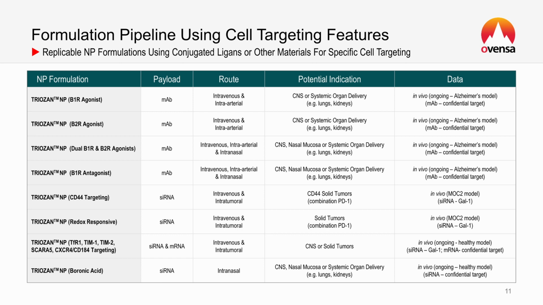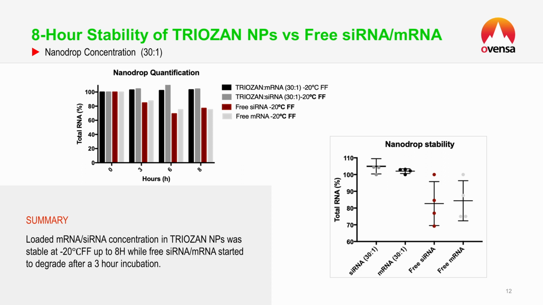So as you can see, different targets have also been attached, and as I mentioned, the B1R and B2R have been quite a successful story in getting those nanoparticles to the brain. Now, in my lab currently, one thing that people are interested in is to look at the stability. You all know that when the lipid mRNA nanoparticle